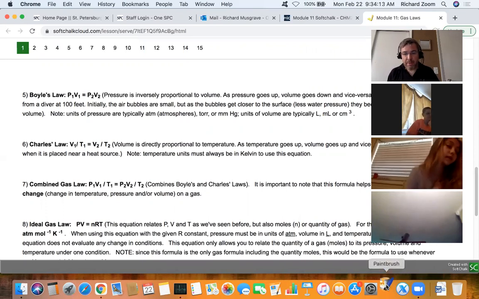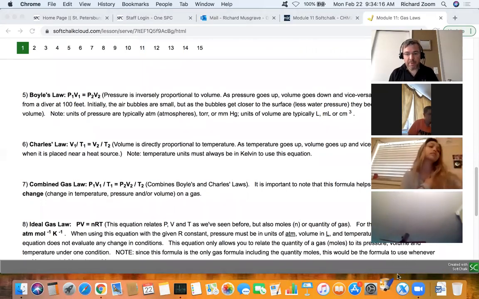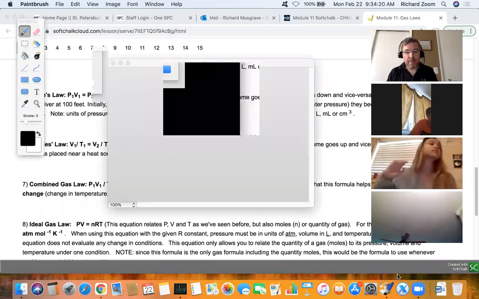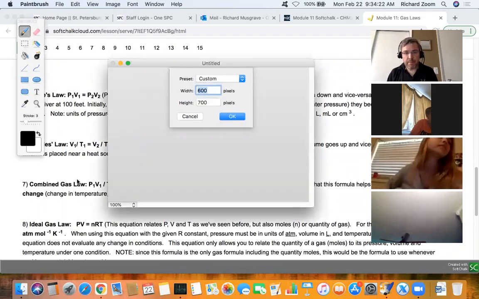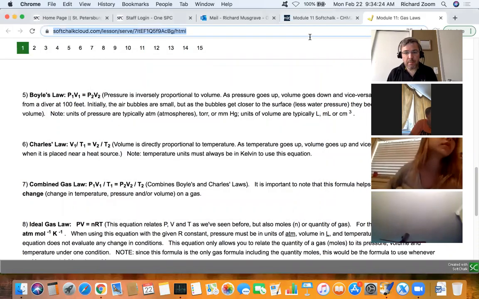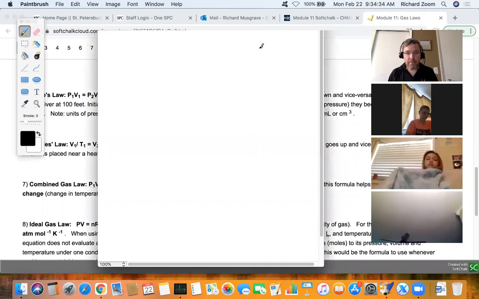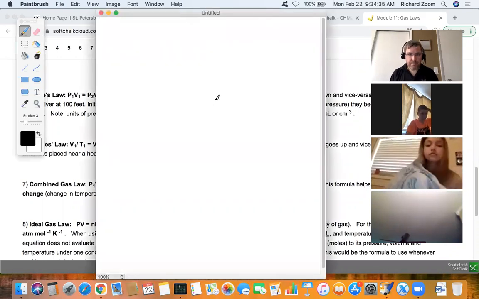The premise behind both of those laws is that